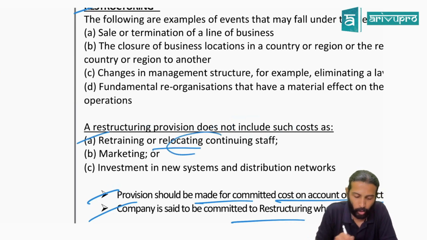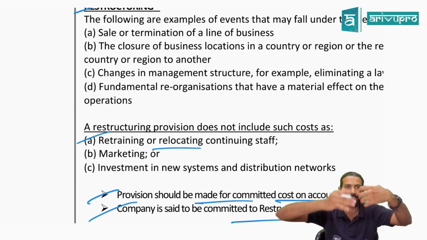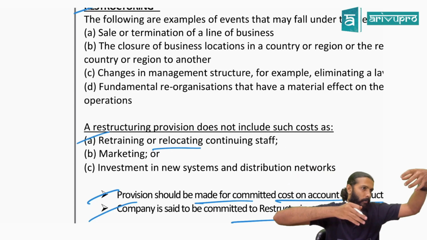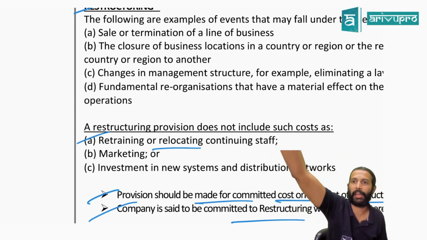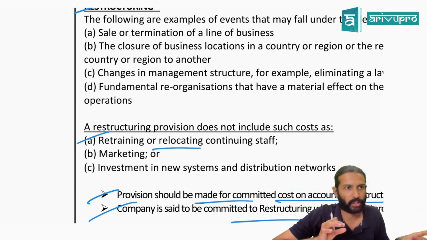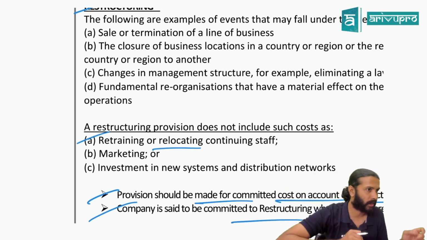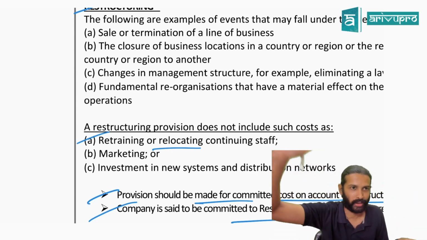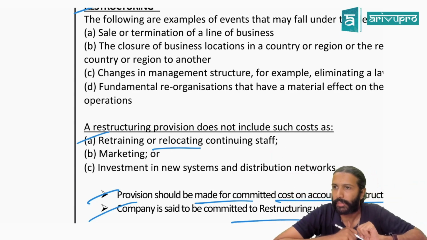One is relocation or retraining cost. Let's say one particular employee is operating in Dubai. You want to bring that employee from Dubai to Bombay. That means he has to relocate to Bombay, so there will be some relocation cost. Suddenly, he can't find a house. You have to bear his air tickets. Airlines is yours only, so it is okay, you will bring him in free of cost. But what about his accommodation and all? Can he suddenly find a house?